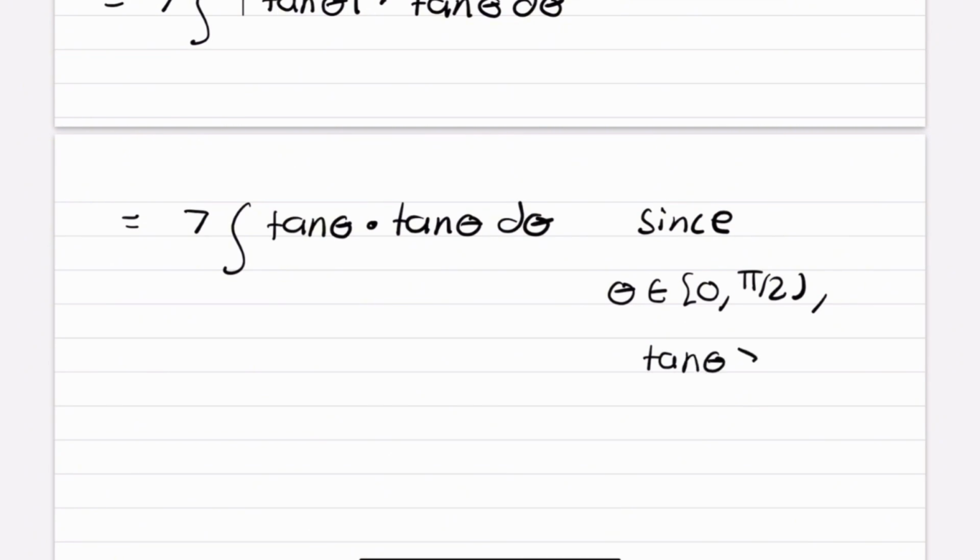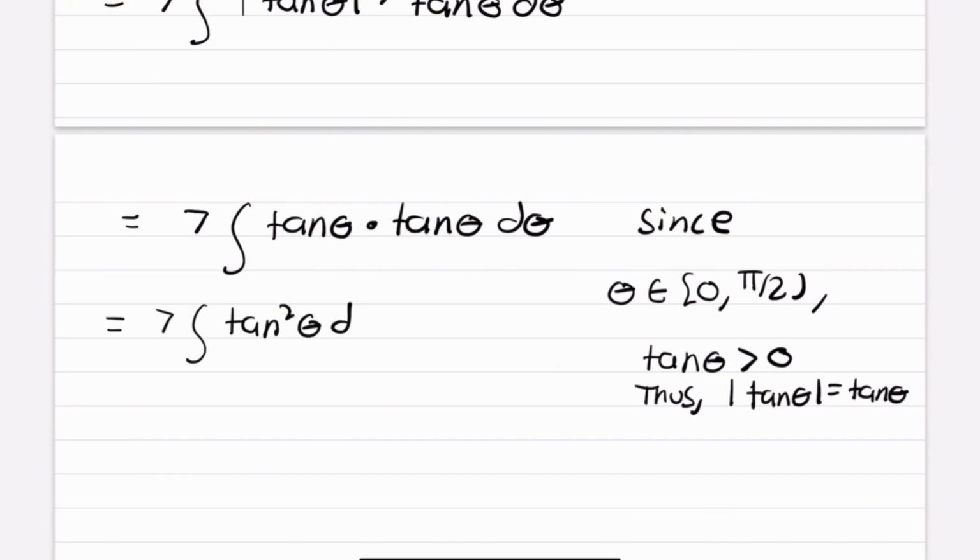Tangent of theta is greater than 0. Thus, the absolute value of tan theta is equal to tan theta. So this is equal to 7 times the integral of tan squared theta d theta,